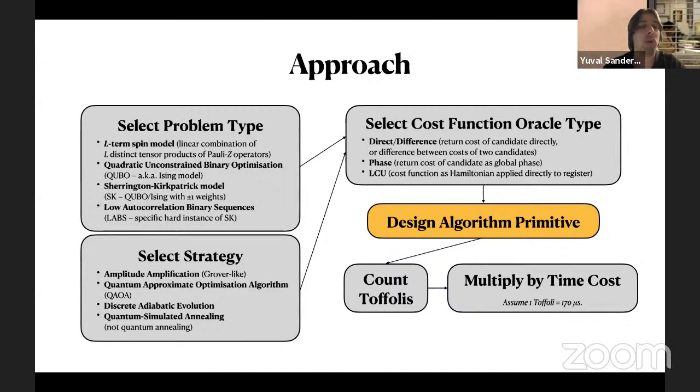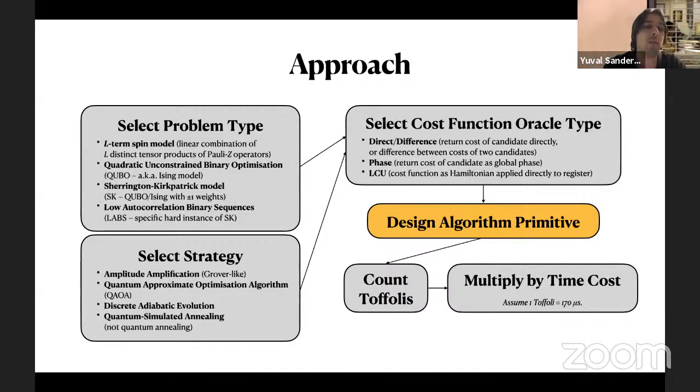And that's what we're calling the quadratic unconstrained binary optimization problem, QUBO for short, and physicists would probably know this more well as the Ising model. Then there's a specific version of the Ising model that we're calling the Sherrington-Kirkpatrick model, and this is essentially an Ising model with +-1 weights. So no numbers other than +-1 can count as a weight in that Hamiltonian.